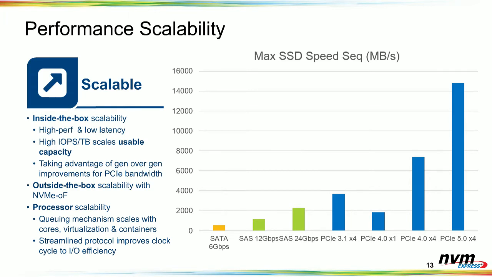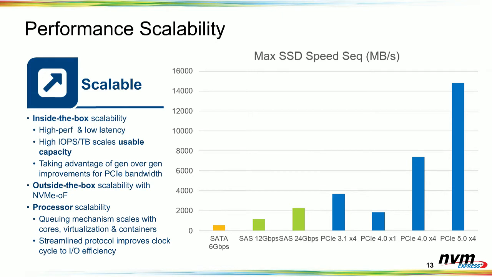But going back to the basics, there's 2 parts to being scalable. One is the bandwidth and latency thing. So for the bandwidth, this is kind of how I view the world here on the right, with not just the interface speeds, but what an actual SSD can deliver on performance after the overhead. And the overhead meaning, every single NVMe command is a 64-byte command, so there's overhead on top of the PCIe from running on top, and you have the overhead of the PCIe interface. But after all said and done, a PCIe Gen 4 drive can reach up to about 7.2 to 7.4 gigabytes a second if it's really optimized.